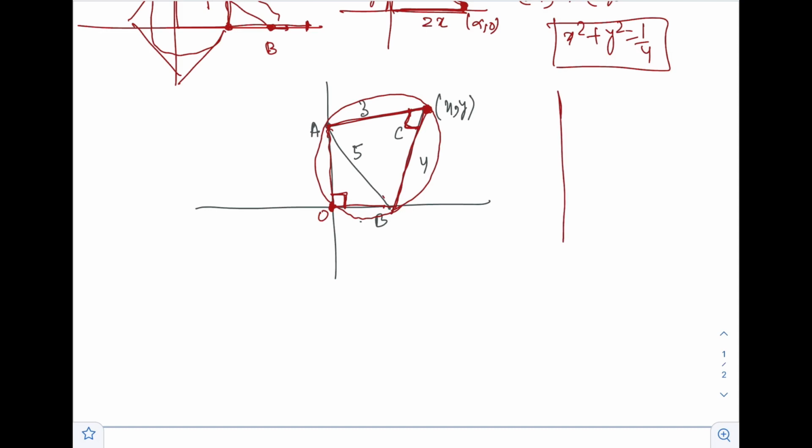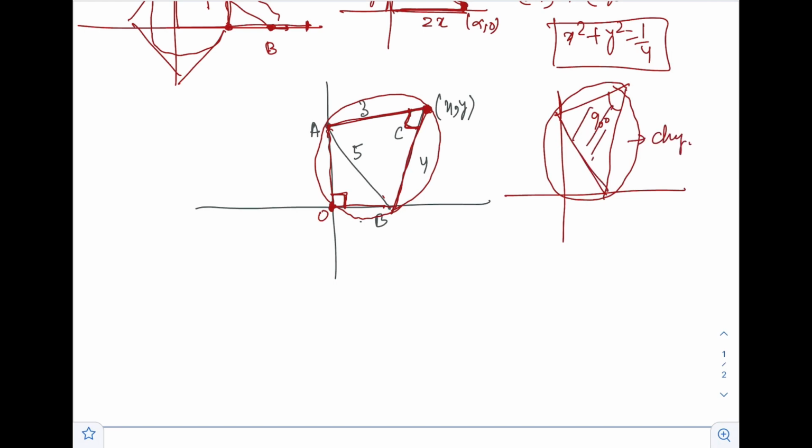Now as this ladder slides, in a different configuration we'll have another right angle triangle, and another circle passing through these points. So this circle itself is a changing circle, because the configuration is changing. The sheet of metal plate, you can imagine, is varying because AB is sliding. Now how are we going to relate x and y? We'll use a basic property of circles. If I connect O with C,